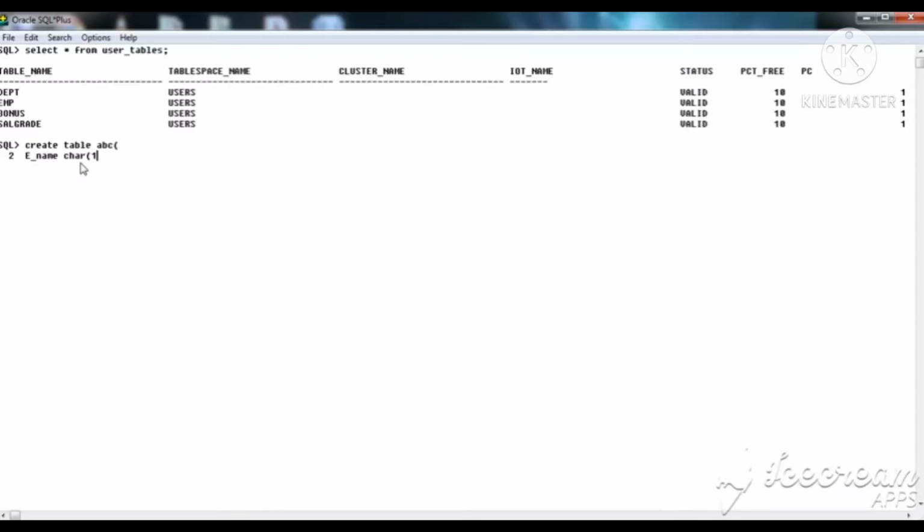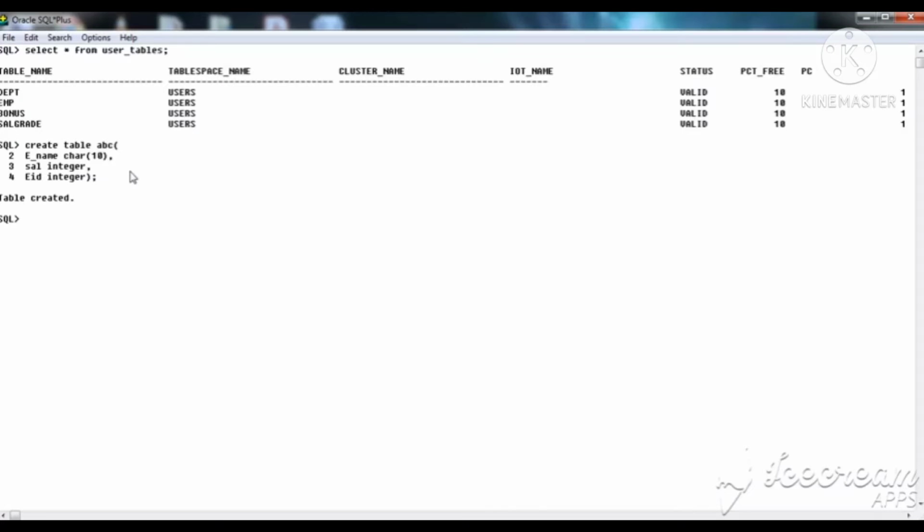So I give 10 bytes of character, comma, E name and salary, that is integer, comma, employee ID E ID, that is also integer. So bracket close. This is the data table.